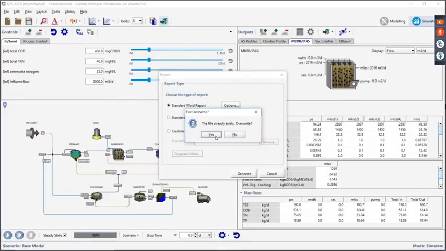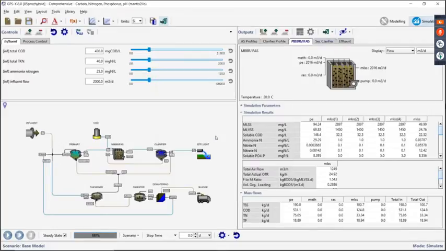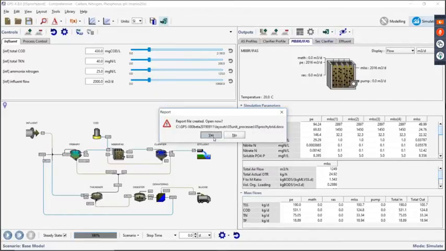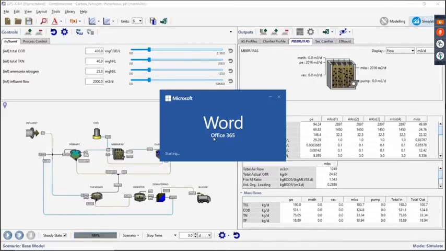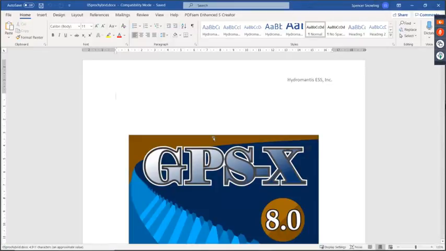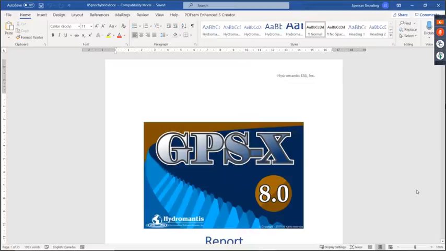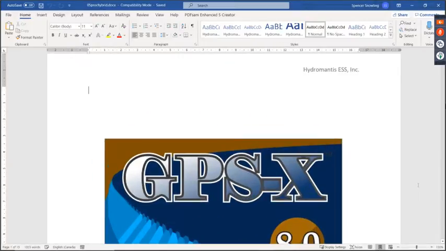It's going to contain all of the information that comes in the model. It only takes a couple seconds to generate it, and then it'll ask you if you want to see the results, which we will do right now. And what you'll see is that you get a docx file, and it's got a lot of information.